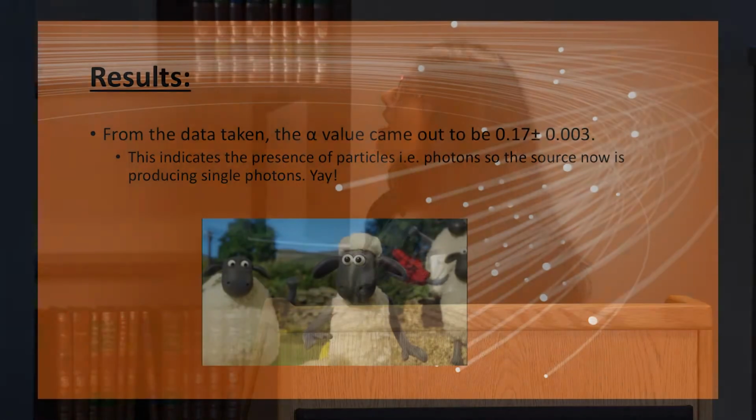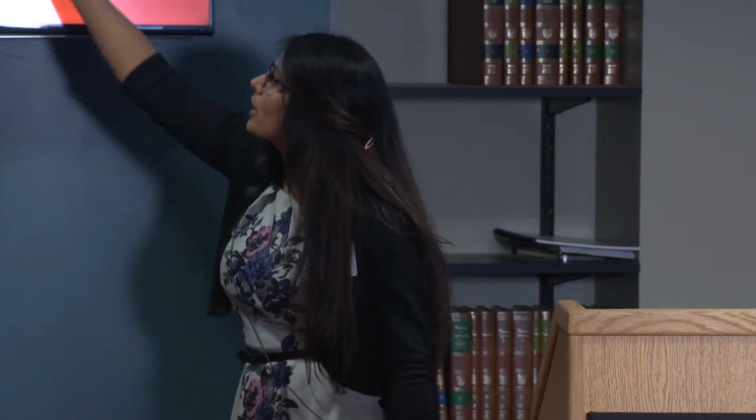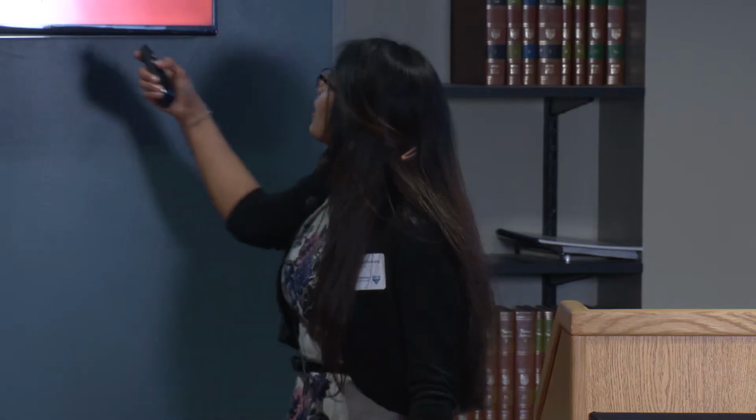My result. So it's 0. Well, remember when I was talking about that being single photons? It makes sense. If something is going here, it's a single photon, there shouldn't be any correlation at all between those two, because it should be going either this way or that way, but not both. So if you remember that, the coincidence for the two detectors, the numerator is going to be 0. So me getting a 0 tells me that I'm finally having single photons. And yeah, that's how I felt when I actually got them and got them working.